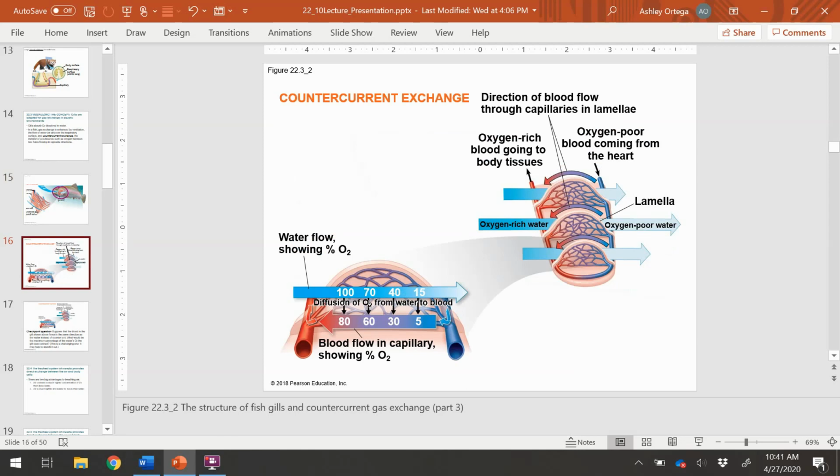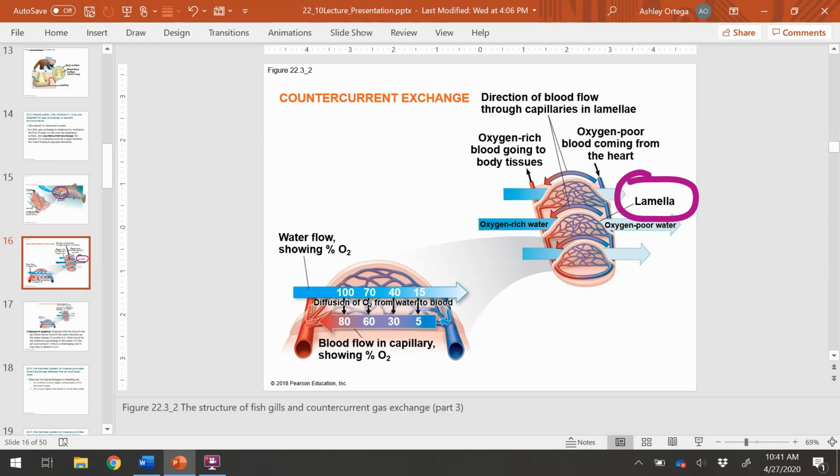And that each gill filament has different segmentations or rings, and these are lamellae, or lamella for singular, lamellae for plural. They are going to have the circulatory system intertwined, and so that's going to have a lot of capillary beds that will then allow for exchange with the environment.